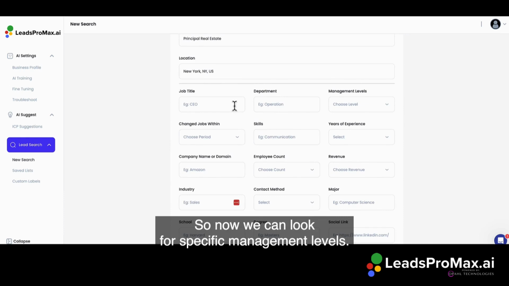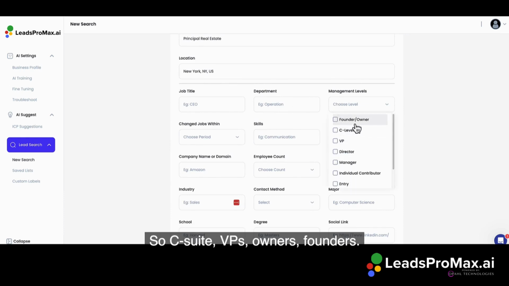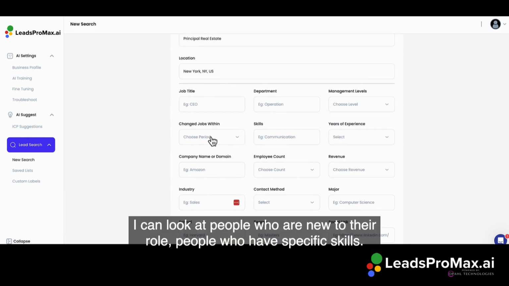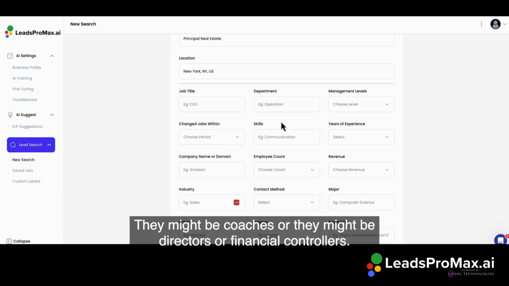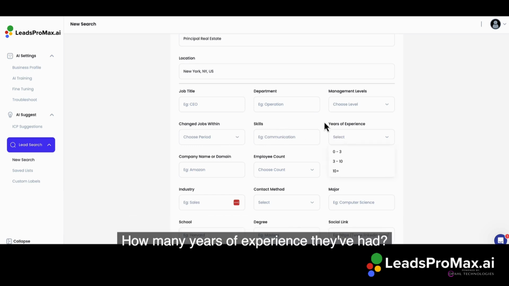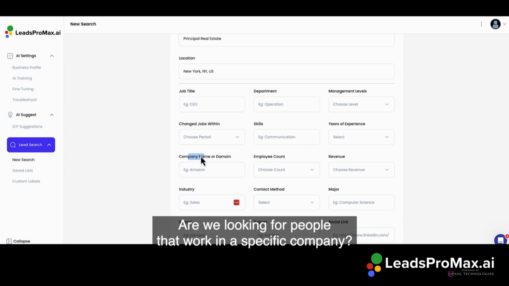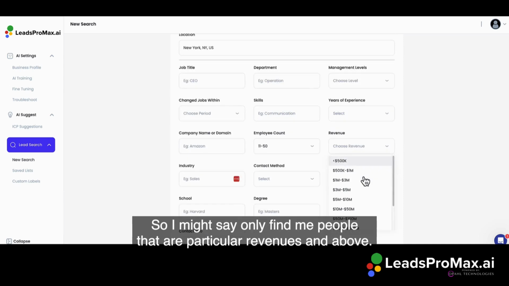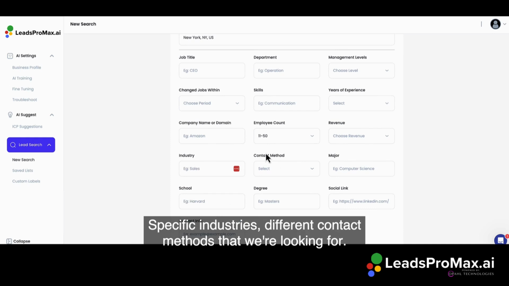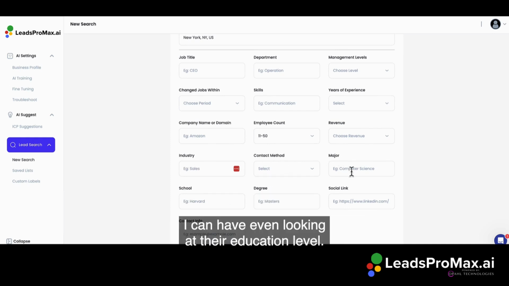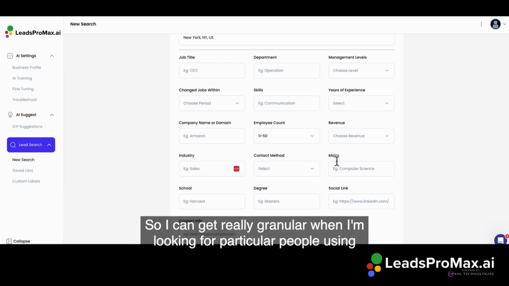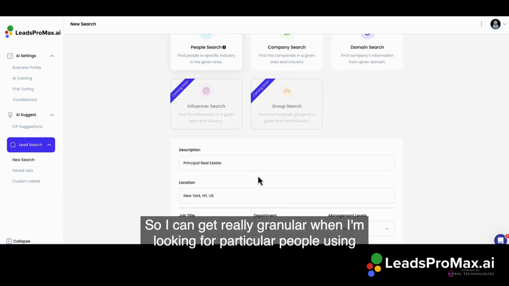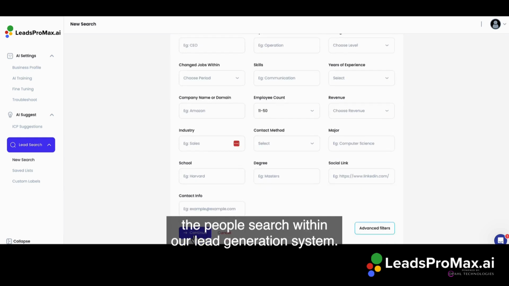So now we can look for specific management levels: C-suite, VPs, owners, founders. I can look at people who are new to their role, people who have specific skills. They might be coaches, or directors or financial controllers. How many years of experience they've had. Are we looking for people that work in a specific company? Only companies that have over a specific employee count. Revenue. So I might say only find me people with particular revenues and above. Specific industries, different contact methods that we're looking for. I can even look at their education level. So I can get really granular when I'm looking for particular people using the people search within our lead generation